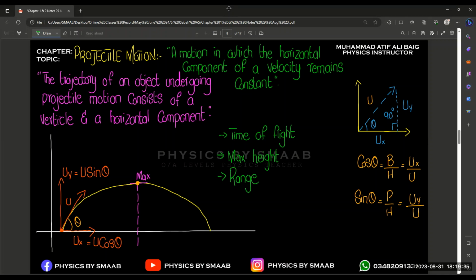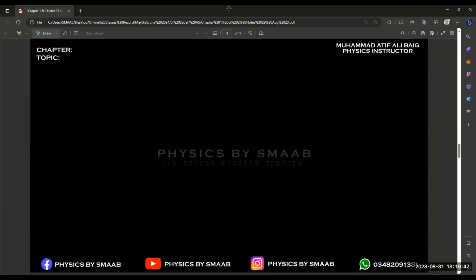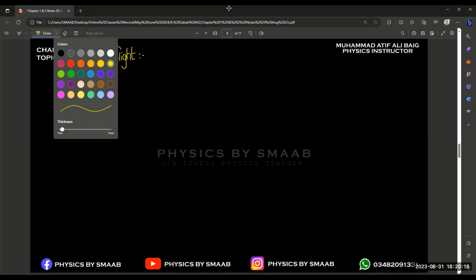So there are specific equations and a specific procedure to follow for each component. Let's suppose we start from the time of flight. Basically, in time of flight, again, we know that there are two components. So let's suppose we start the concept, time by time, so you get all the things. First of all, we are talking about time of flight. So for the time of flight, we are starting with